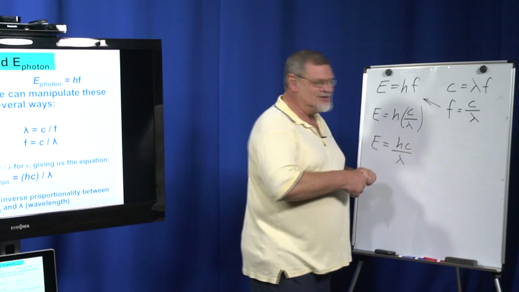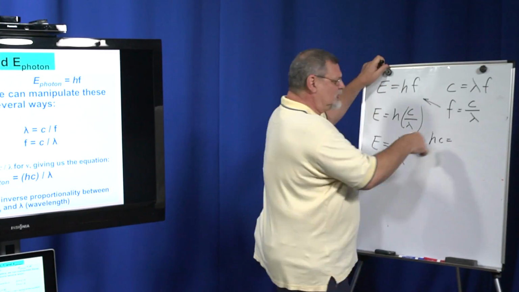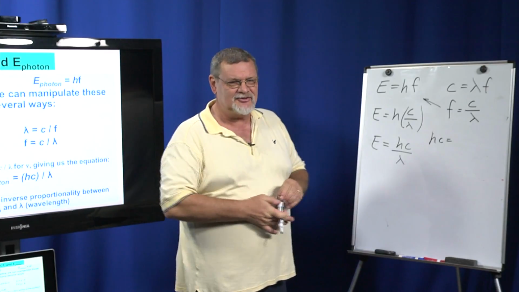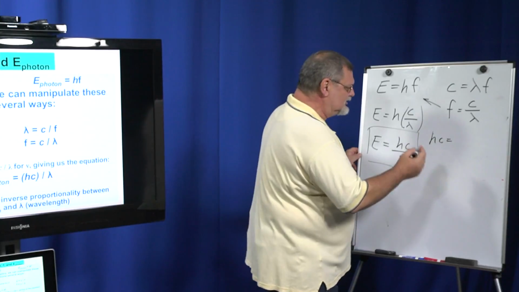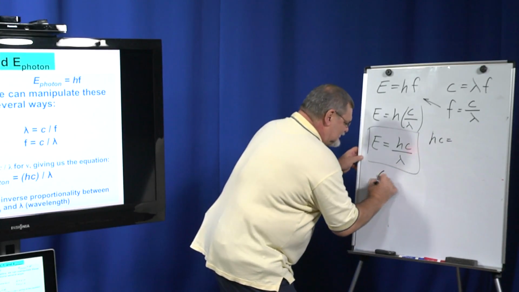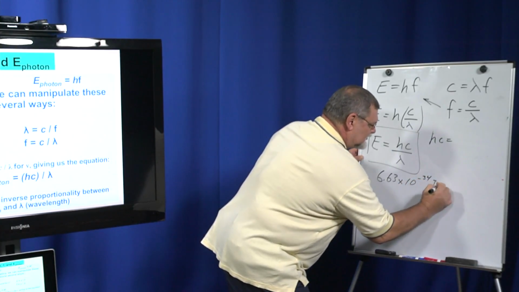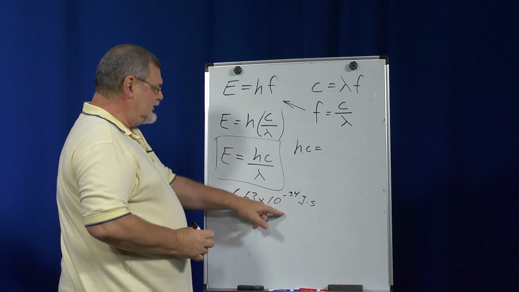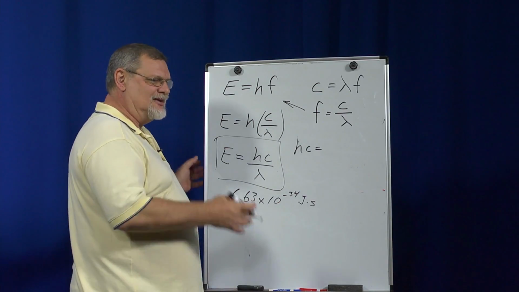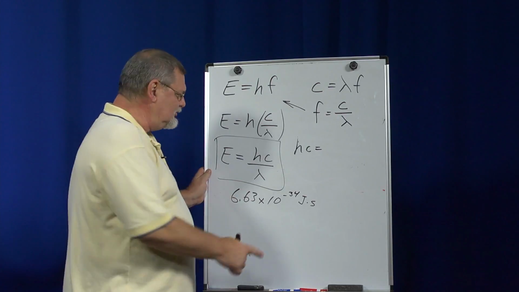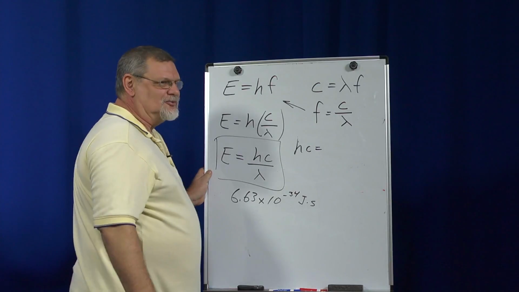Let's talk about this hc for a second. This is sort of a sideline here, because this is a product of two constants. It's just a number. By the way, here's another one of your things here. It's just a number. Well, what is h? h is 6.63 times 10 to the negative 34 joule seconds. And 6.63, just follow along here with me, because we're going to make this a lot easier so that you can just use one number, because this is just a number, and I'm going to be asking you to use this. 6.63 is nearly